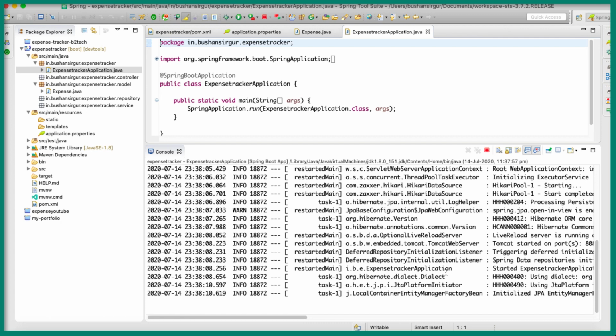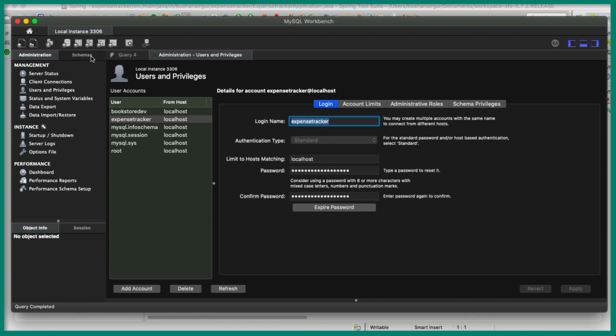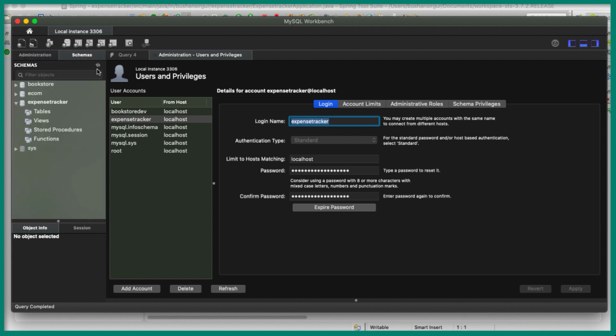Then we should expect the database table inside the database which we have created. Let's go to the MySQL database, go to the schemas, and refresh this. You can see we have a table tbl_expenses. If you expand this, we should see the column names matching the field names: ID, amount, description, and expense. So now we have created the table. Spring Boot will automatically create the table for us.